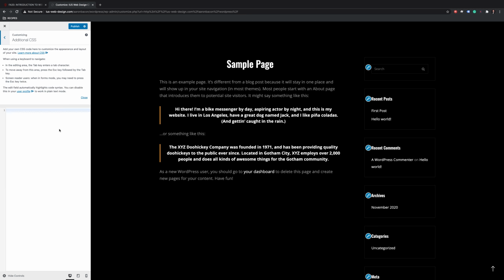Additional CSS, this is now common with all WordPress installs. This allows you to add custom CSS to your WordPress site. We actually use this a lot because even when we design our own themes, we'll see that there's specific instances where we have to put something because of a third-party plugin or developer is overriding our CSS, and so we'll put it in here. For example, let's say we wanted to change